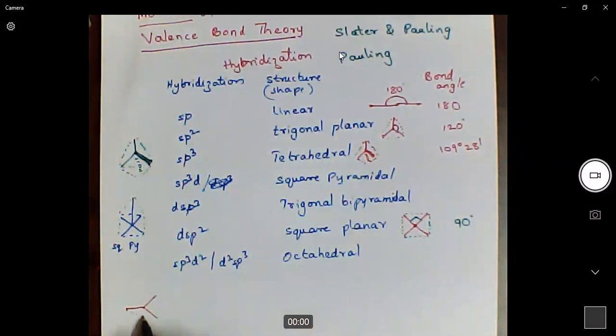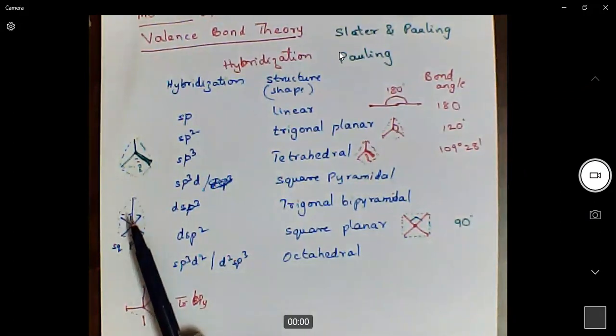So this is trigonal planar shape. When we have a bond on top of the plane and a bond below the plane, this is called trigonal... sorry, trigonal bipyramid. Trigonal bipyramid. So pyramid means if we have one bond on the top of the plane or bottom of the